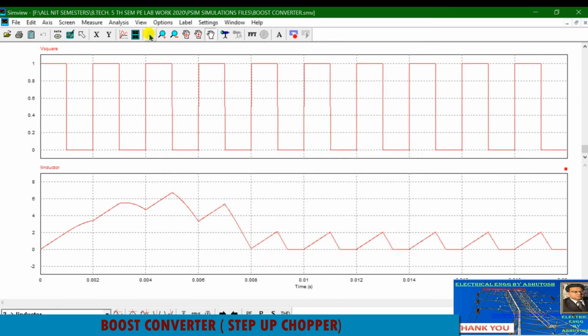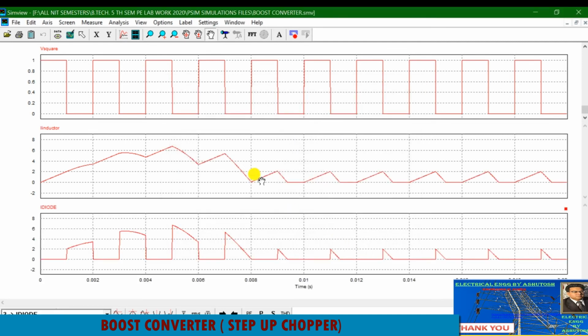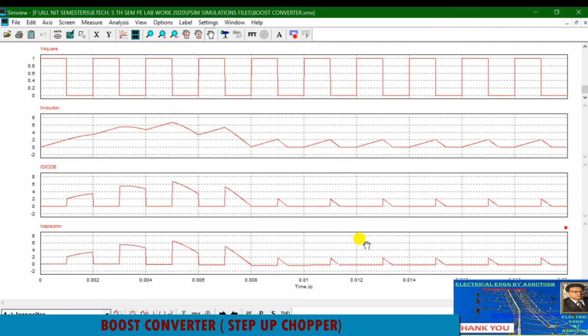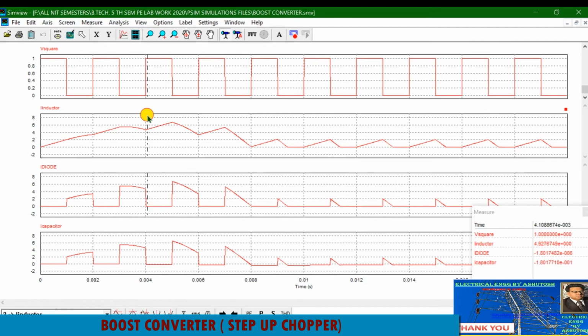So this is the inductor current, same, and this is the diode current you can see, and this is the capacitor current you can see from here. So this is the on period. You can see I am putting the axis here. This is the on time, this is the off time. During on time, there is charging current of the inductor, and the diode current is 0, but during off time the diode conducts and the capacitor also conducts the current.